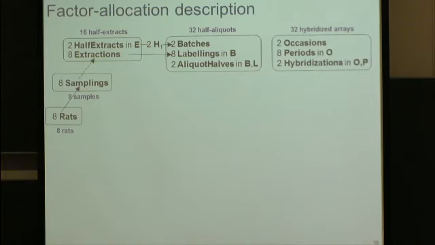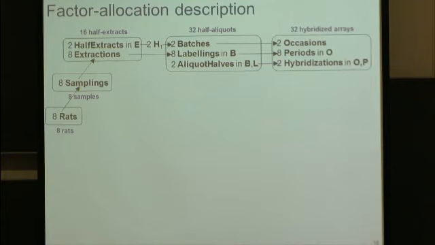And then I can assign the 2 batches to the 2 occasions at random, and then I can assign the 8 labellings to the 8 periods at random, and I can assign the 2 aliquot halves to the 2 hybridisations in each period at random, and you can see that what's going to happen is that you're going to get the 2 aliquot halves done